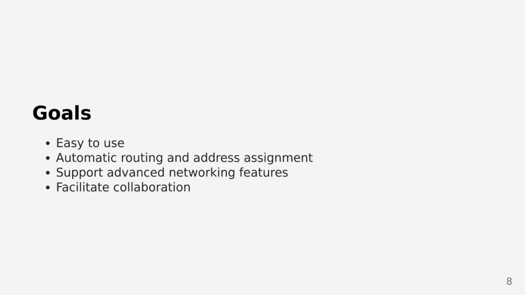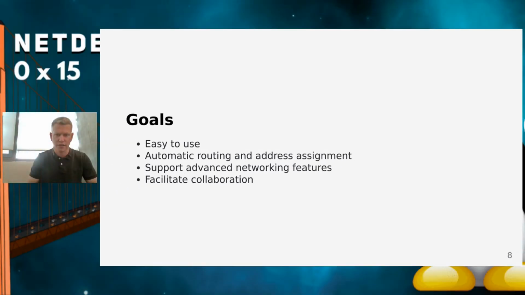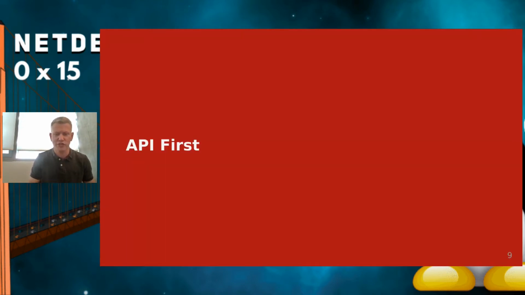And hopefully we'll take away some of the mechanical stuff, such as routing and address assignment, while still supporting advanced features like tunneling, VRFs, etc., etc. And ideally would facilitate collaboration and will allow people to share their network infrastructure and network scenarios easily. I started out with an API-first approach,